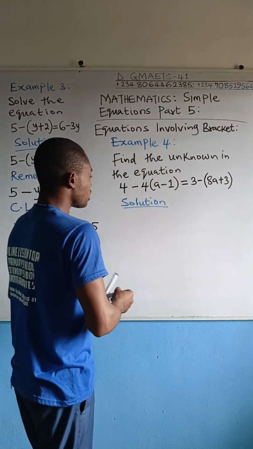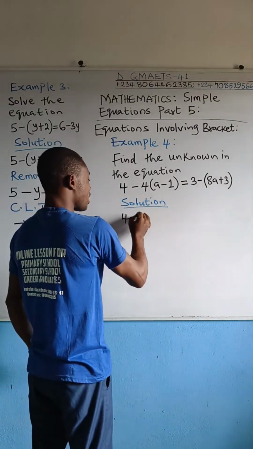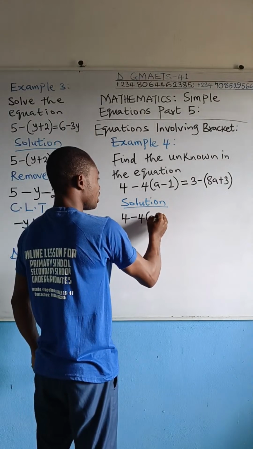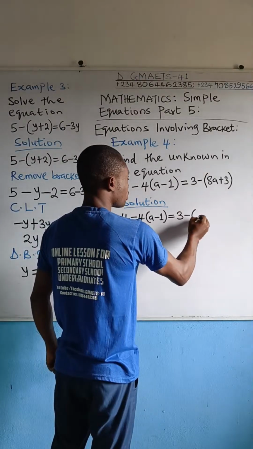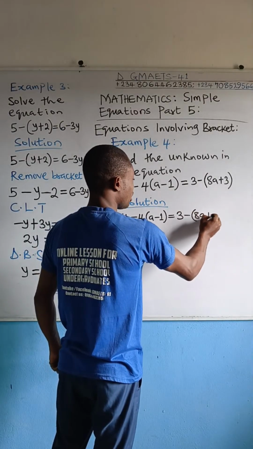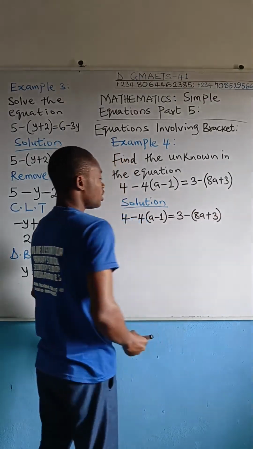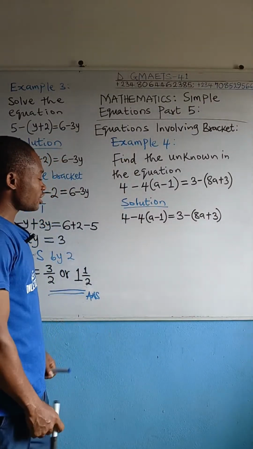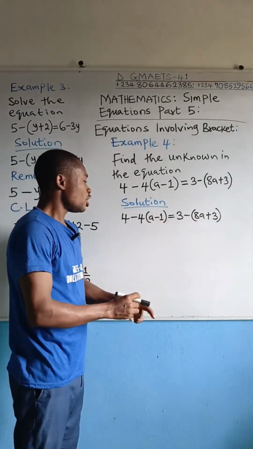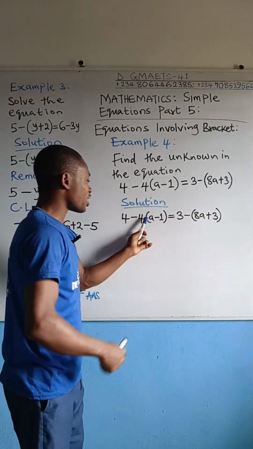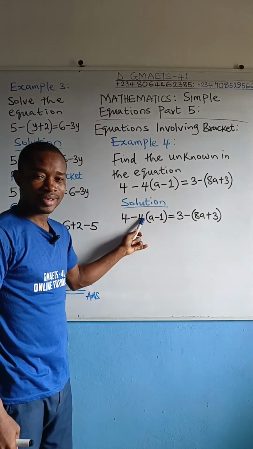So the question we are solving is 4 minus 4 bracket a minus 1 equal to 3 minus bracket 8a plus 3. Now, observe, notice that on the left-hand side, you have this bracket here. Just before the bracket, you have this 4. So that 4